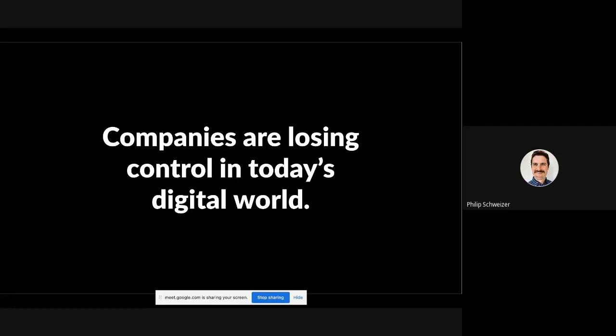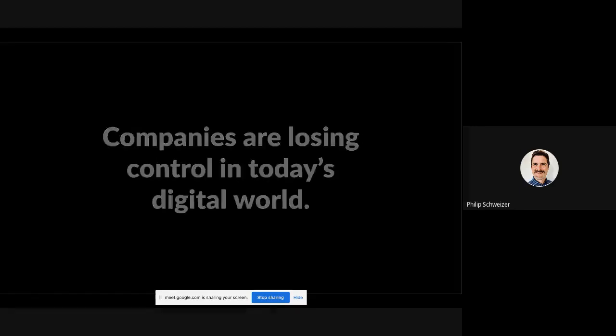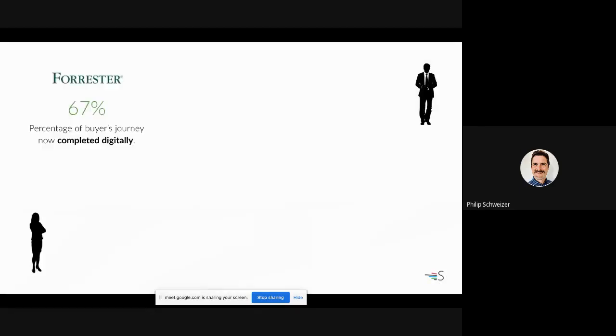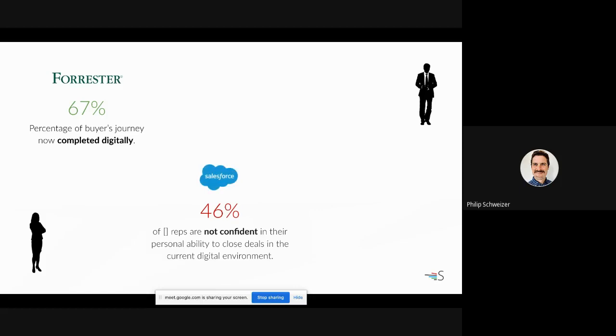Leads are farther away than ever. Sales reps can't visit them anymore. They have to do inside sales and whatnot. And we do know, of course, that digital evaluation, not only B2C but also B2B, is heavily digital. We know as well that reps are not confident in this environment. And last but not least, even for B2B, the buying experience is becoming increasingly important, which is why Marketing Cloud